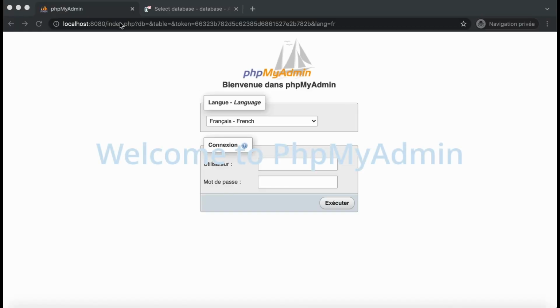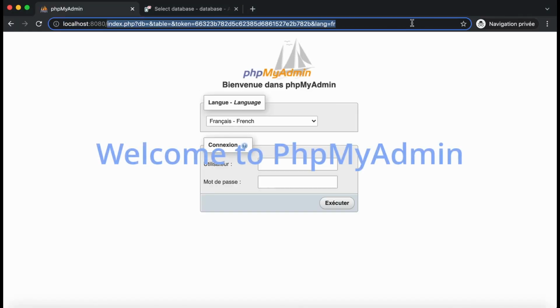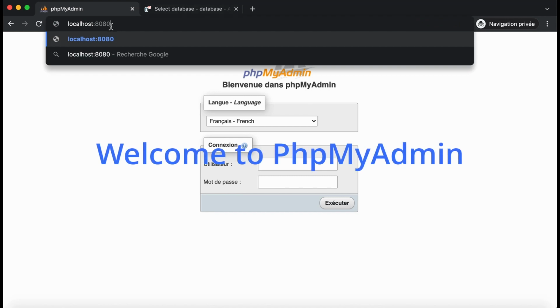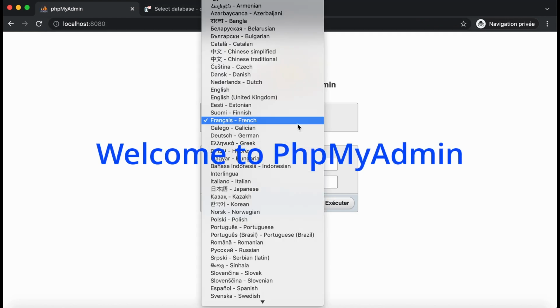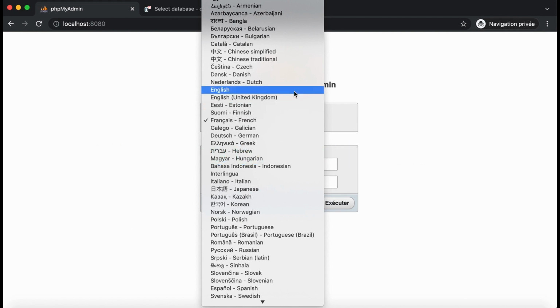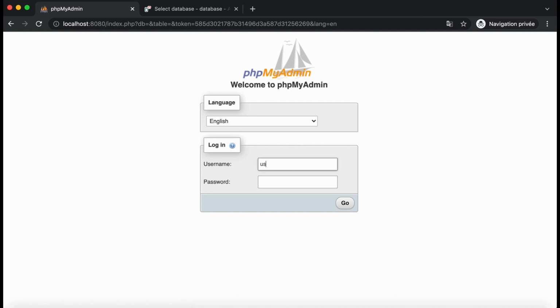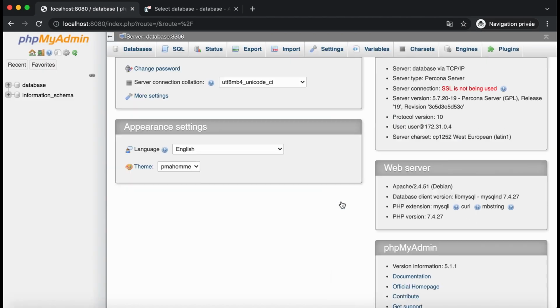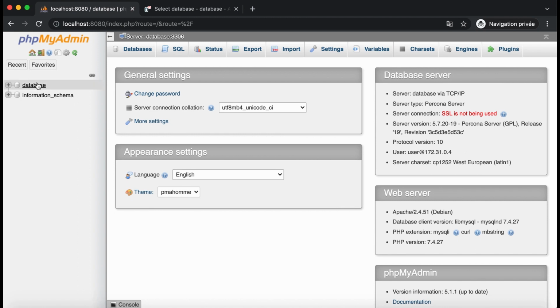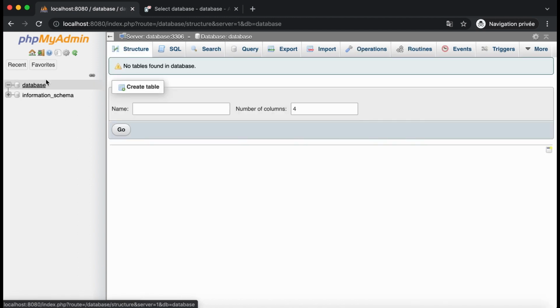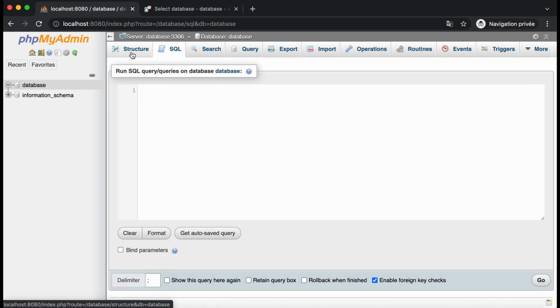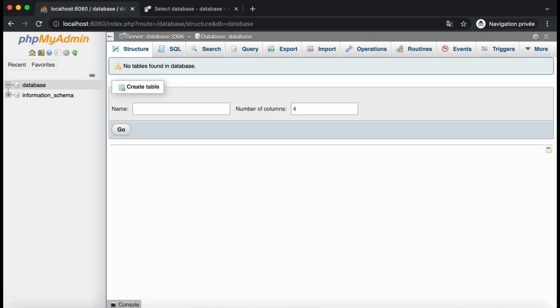In our project, phpMyAdmin is set on port 8080. So we can check it by putting localhost:8080 in a browser. My default language is French. I change the language to English to be clearer for you. We need to type user and password. phpMyAdmin is easy to manage and has many visual representations, which makes this tool great for beginners. However, it takes much memory from the computer, so it isn't a good idea for a weak computer or in case many other components also take memory and leave us with little to nothing.